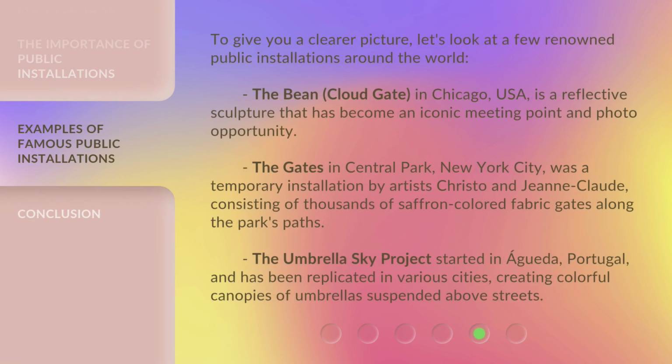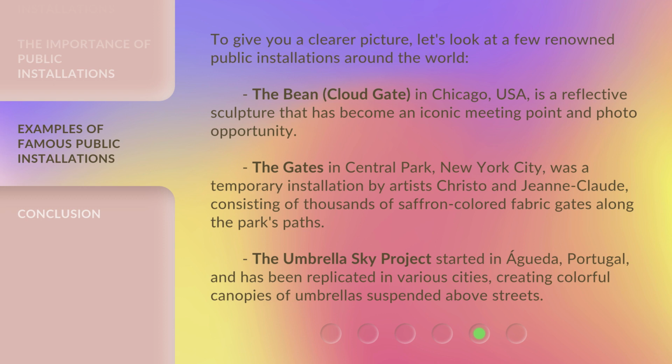To give you a clearer picture, let's look at a few renowned public installations around the world. The Bean, Cloud Gate, in Chicago, USA, is a reflective sculpture that has become an iconic meeting point and photo opportunity. The Gates in Central Park, New York City, was a temporary installation by artists Christo and Jean-Claude, consisting of